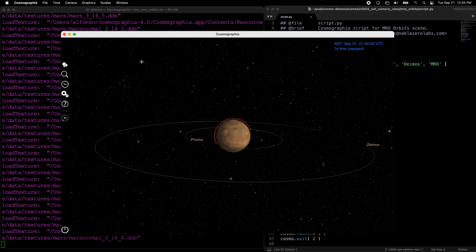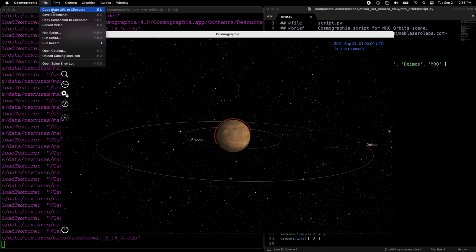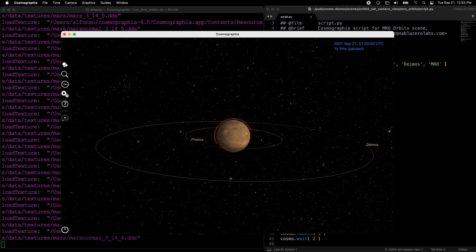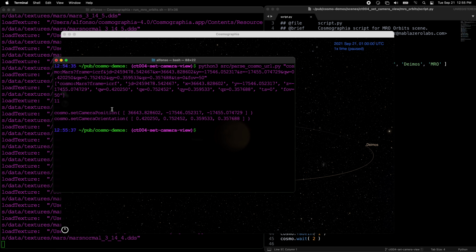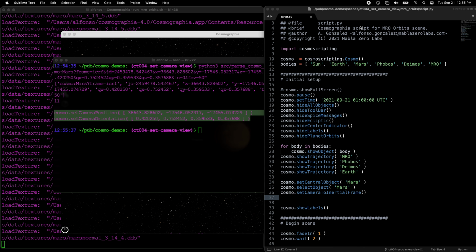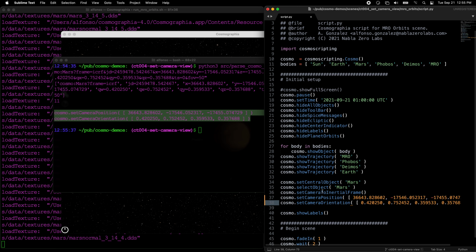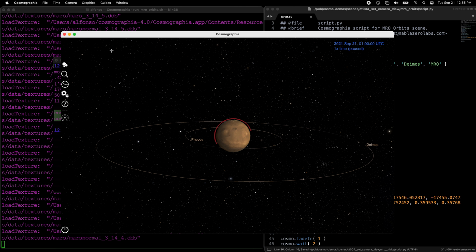Now we can zoom out. We can go up here to File, copy state URL to clipboard, then bring up another terminal over here. So we see we're at the base of the repository. We can say python3 src/parse_cosmo_url.py, and then double quote, paste, double quote, and now we have these set camera position and orientation commands. So we can go ahead and copy that here, paste it into there, save that,